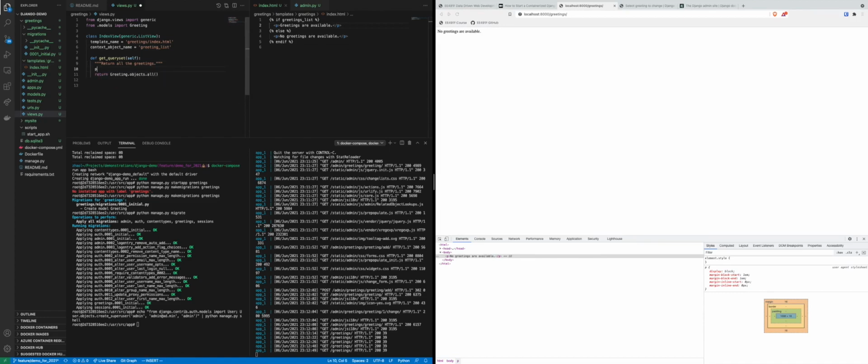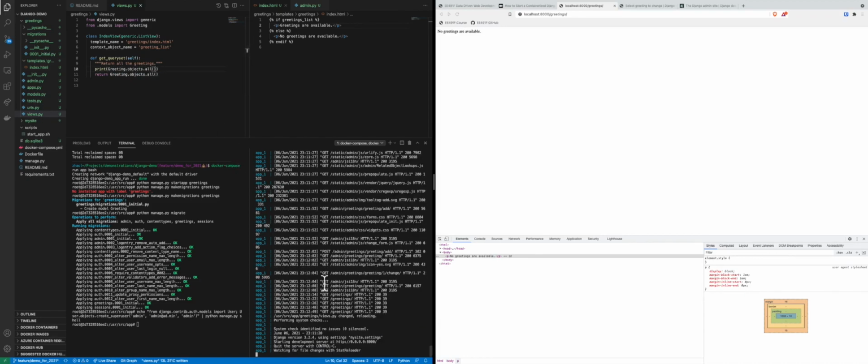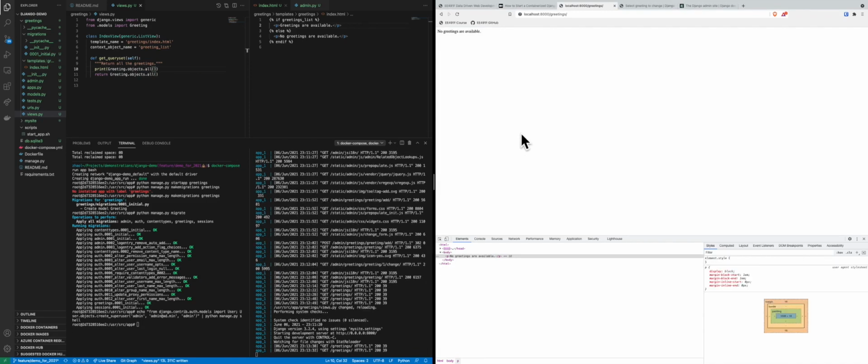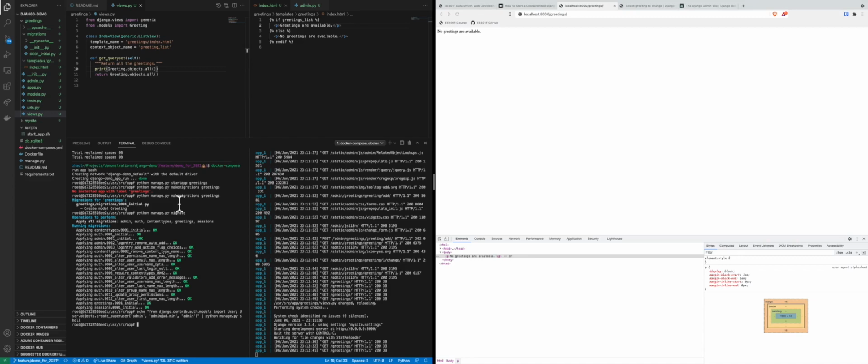Let's print out what this is and see if we can figure this out. So refresh. So this is not getting picked up. We might have to restart our app